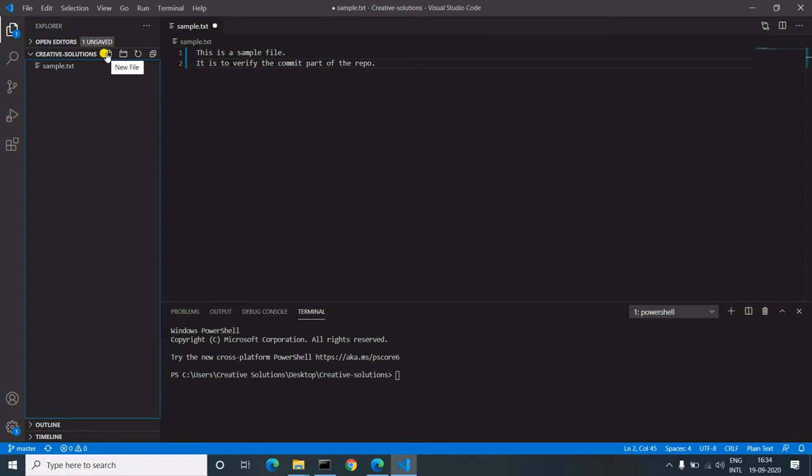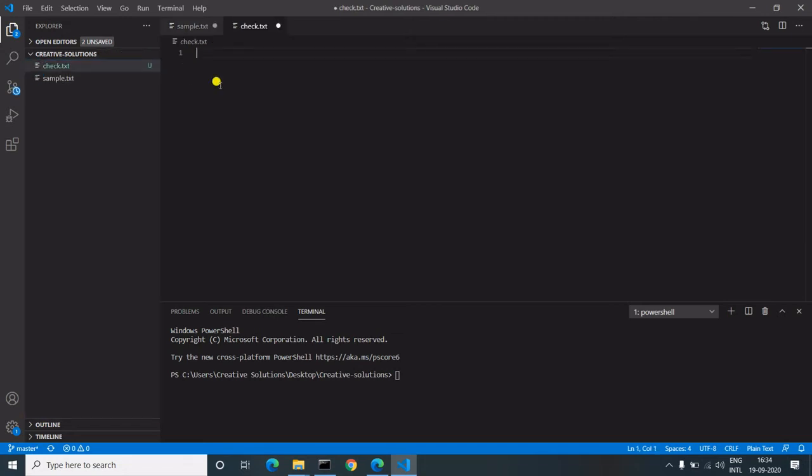Now we'll create one more file here. We'll name this check.txt, and we'll write, this is a check file, just something like that. You can have files, folders, anything. Okay, we'll create one folder also. Let's create one more folder. Let's name this sample1.